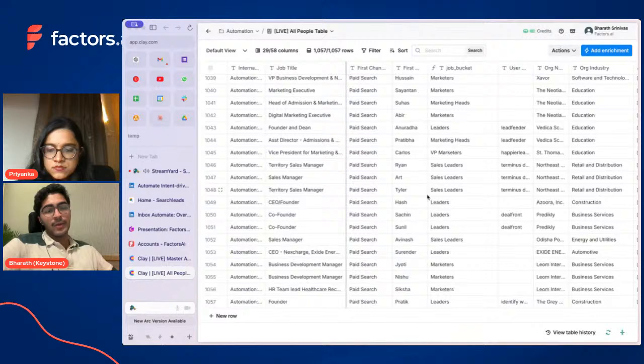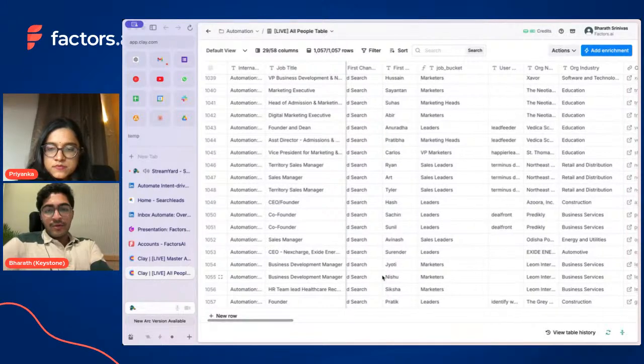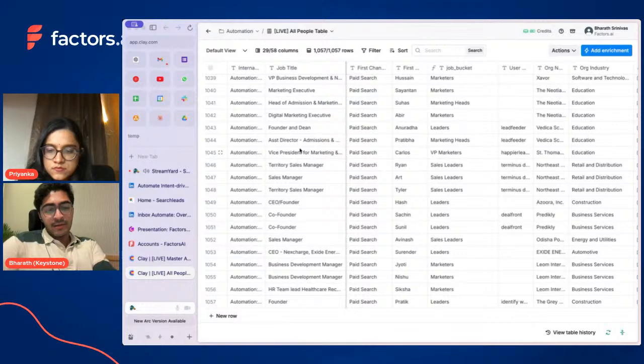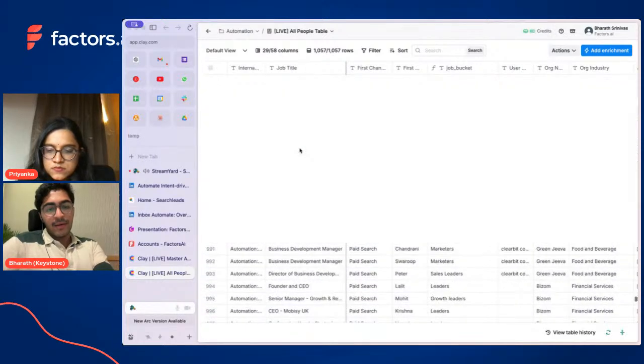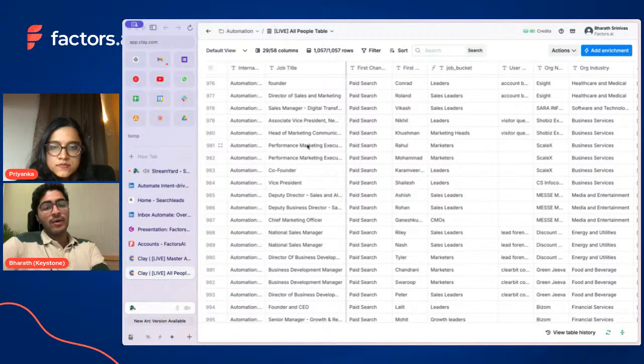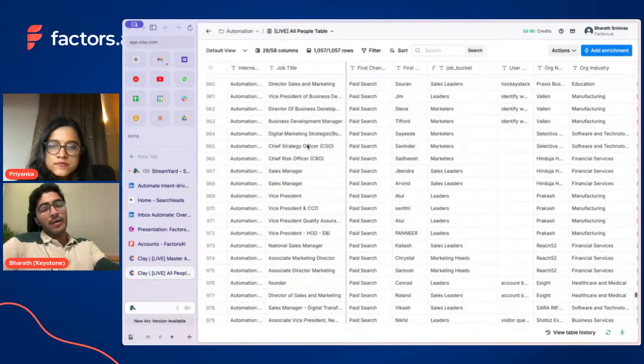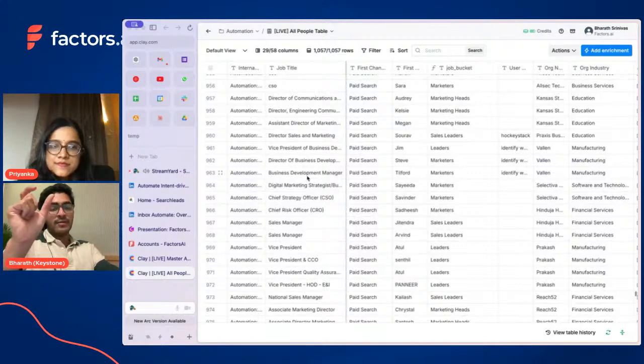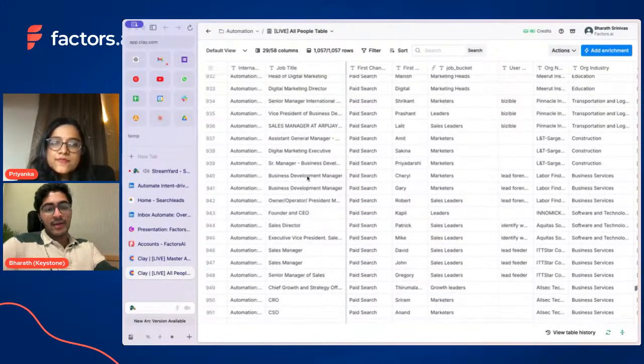people table. If you know Clay, you know that there are people tables and company tables. Moving on, the first thing here is that the job title string is really a noisy data set. If you want to say CRO, a CRO will be called 25 different ways, because the job title string is a variable based on how people consider it at that given time.